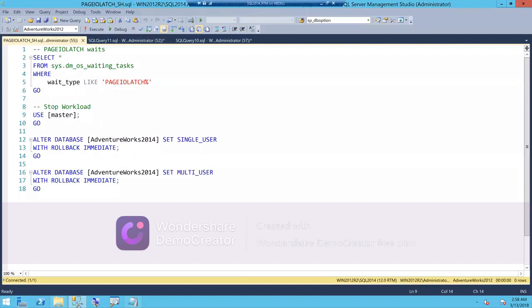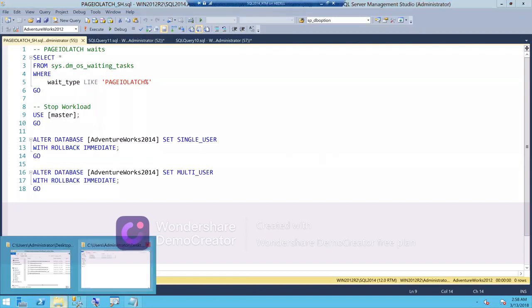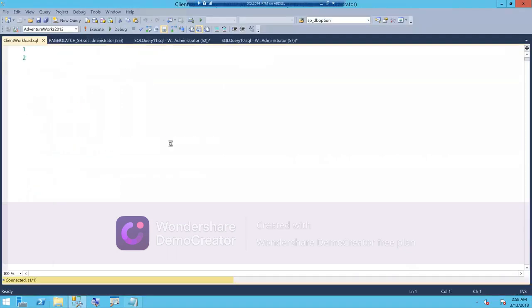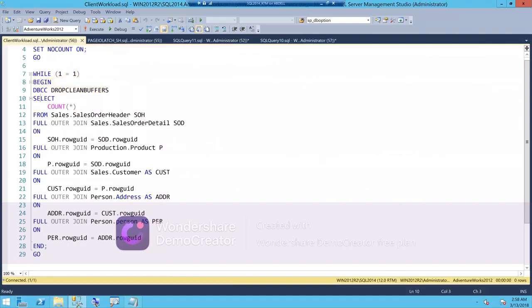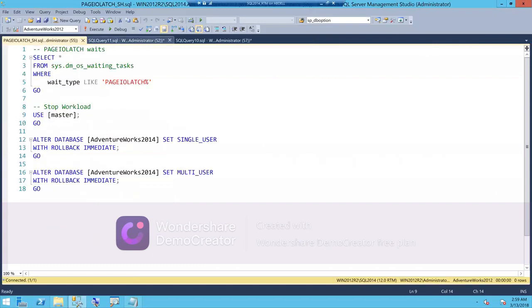Okay, so friends, let me show you a query here. Now I'm trying to just show you how you can simplify things. Look at this query. Use AdventureWorks, and I'm running something in a loop, which is fine. Select count star, and I'm doing some joins. I'm actually joining about 5 different tables, and I'm using full outer join. There is no filter here as such, no predicates, which means just join all the rows from table 1 to table 2, and then the output of that to table 3, and then the output of that to table 4, etc. So now when I run this query,